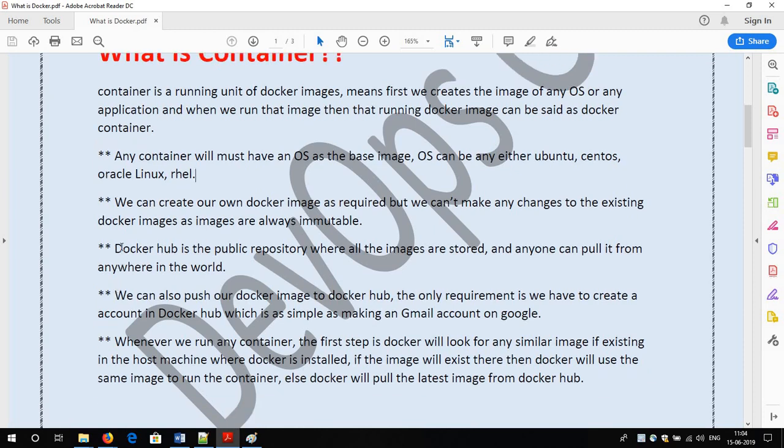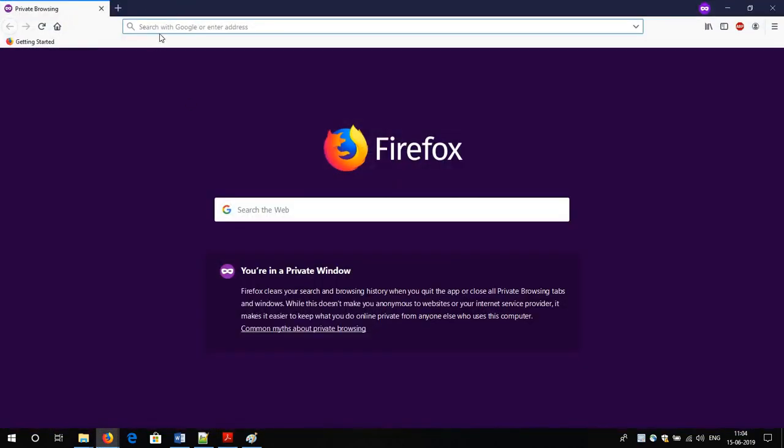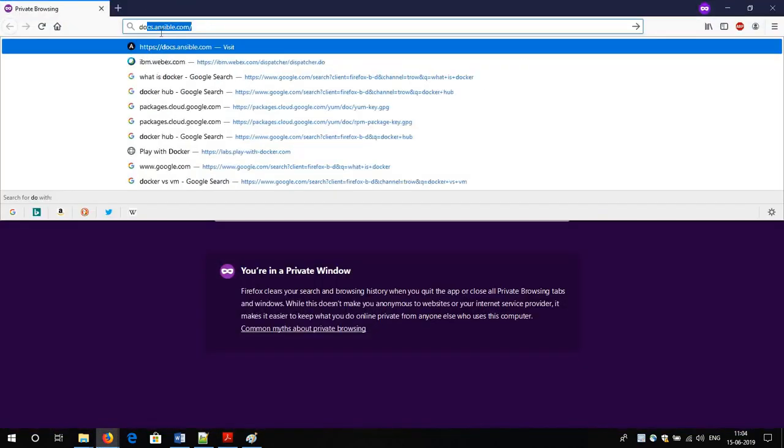Okay, now the Docker Hub. What is Docker Hub? Docker Hub is the repository. I think a person who has worked with Git or GitHub might be aware of what a repository is. So see, repository means simply we store the Docker images over there. You can compare the repository to a storage room, where we store all our contents. So Docker has its own repository, which we call Docker Hub. So I am also going to show you what Docker Hub is and how it looks.